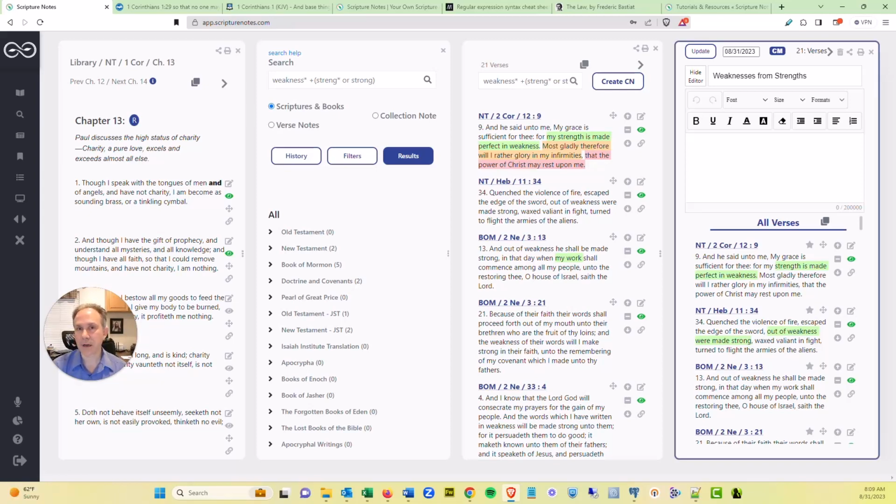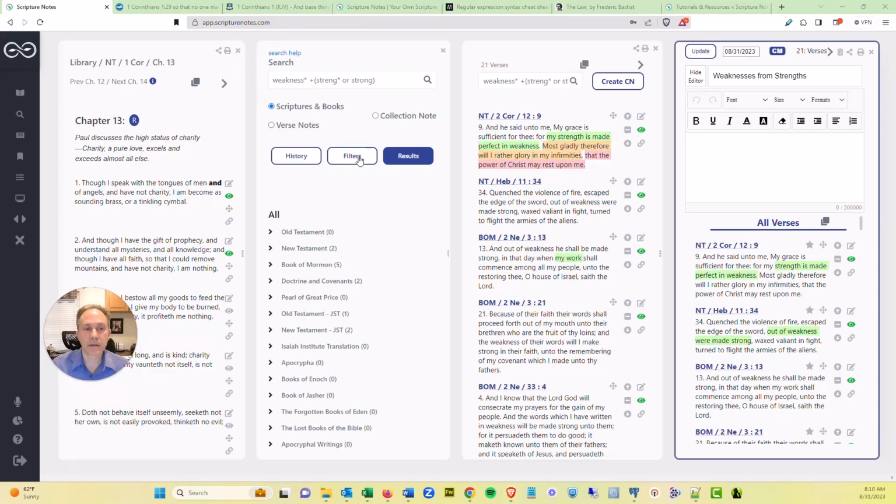I don't have to have a new set of scriptures. I just have to have a study topic, and I can say, yeah, let me look at it this way. And if I close this collection note and reopen it, it will remember that I was in this custom markup mode the next time I open it. So that's pretty cool. But this is what gets shared with other people, not your personal markup. It's whatever is in this custom markup. And it will persist. So whatever changes you make, when somebody goes to add this collection note to their collection, if you have shared it, then they would see your custom markup for that collection, which would just be tuned into that topic.